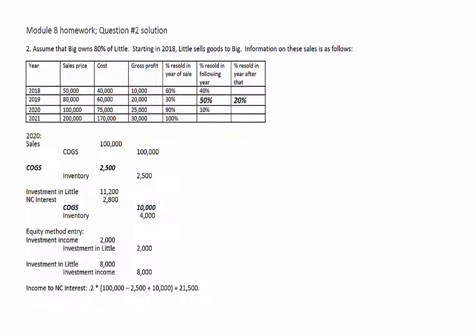Finally, the income to the non-controlling interest, their share of the adjusted/realized earnings. Starting with the reported earnings of $100,000, taking away the $2,500 of this year's earnings that was not yet realized,